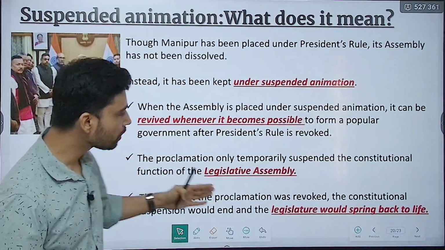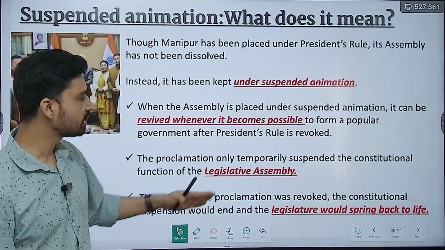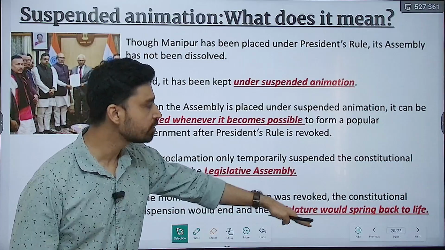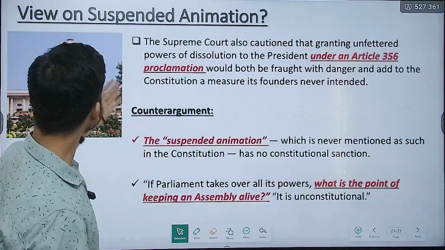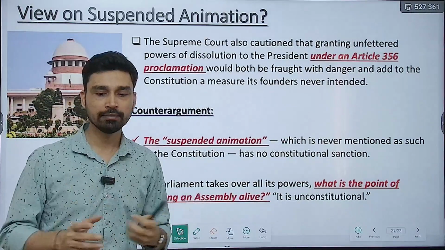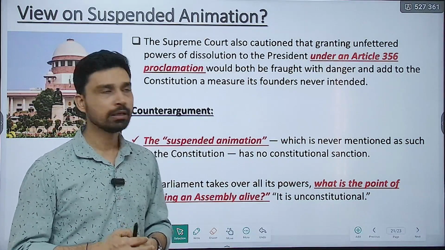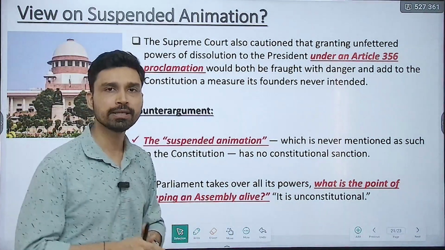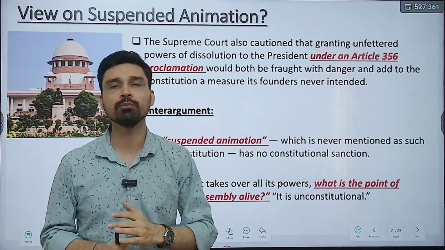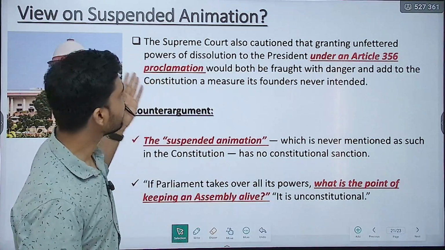So, the moment the proclamation is revoked, the constitutional suspension would end and the legislature would spring back to life. So, this is how we can differentiate between the suspended animation and the permanent dissolution of the house. Now, as far as the suspended animation is concerned, the Supreme Court, while hearing a case that is popularly referred to as the SR Bommai case, has stated that we should be